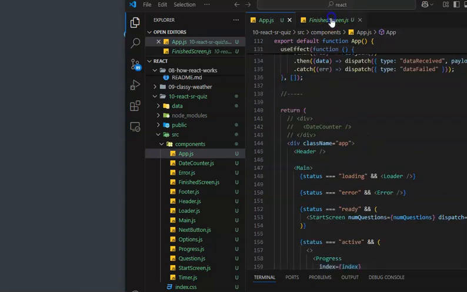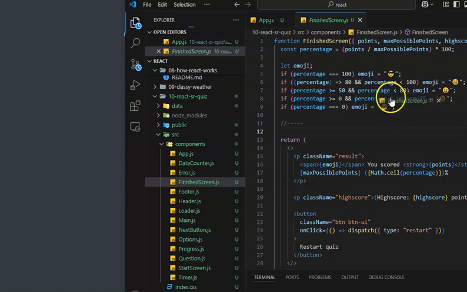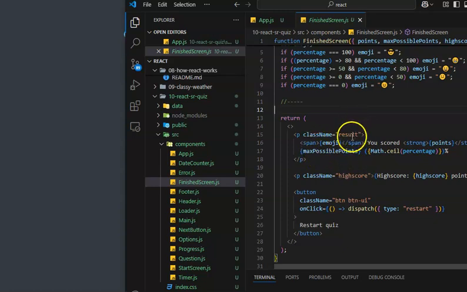Oops, I'm in the wrong page. There it is, and this is where we're getting the emojis here. So if it's within a certain percentage range, we're getting different emojis. This is where we're getting the feedback of the you scored whichever points out of whichever points, plus calculating the percentage. There's a high score calculation, and then there is the